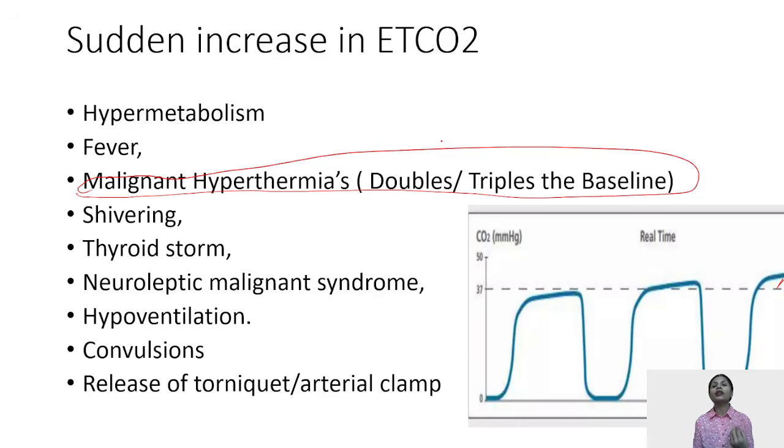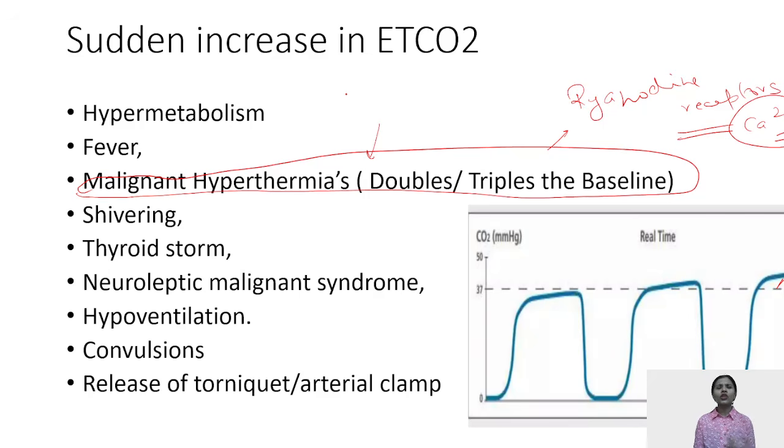Malignant hyperthermia is a hypermetabolic state of the body because of problems in one of the calcium receptors, the ryanodine receptors. There's a problem in calcium metabolism because of which we have a hypermetabolic state known as malignant hyperthermia. This is one of the most important genetically inherited conditions of anesthesia, which could be devastating also.